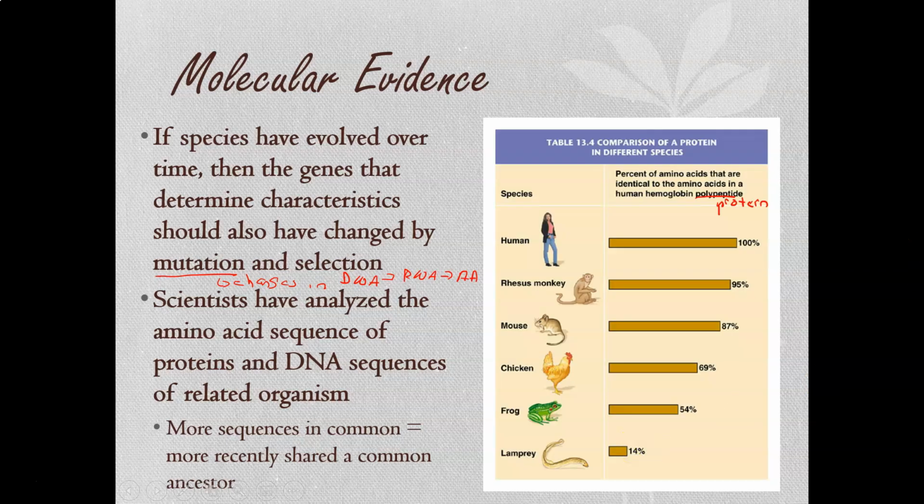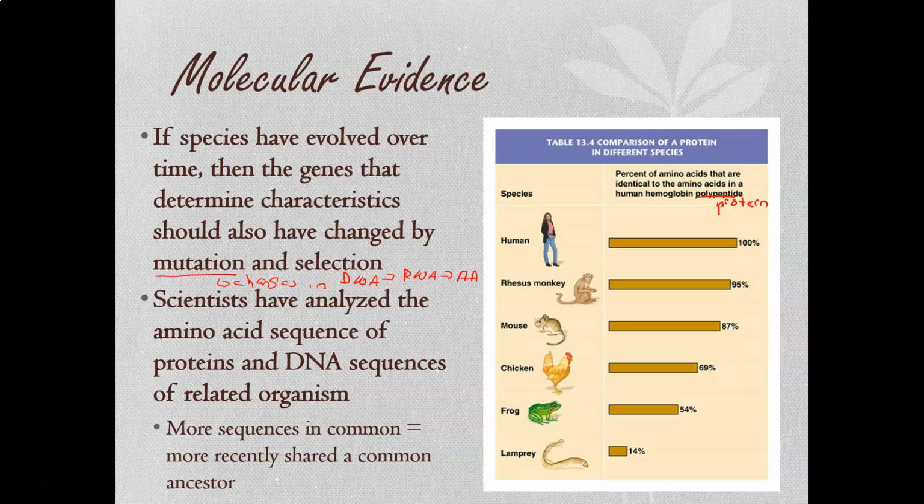And so what this tells us is that over time, we know mutations accumulate. We know that there's sort of a background mutation rate that occurs, and so we can use this like a molecular clock and look at how many changes have occurred over time. The more differences that have accumulated, the more time that has passed since we have shared a common ancestor. The more sequence that we share in common, the more recent that divergence occurred, the more recently we've split from each other from that common